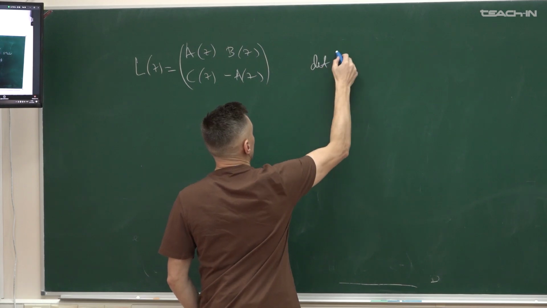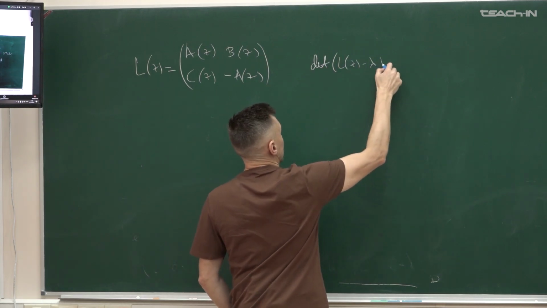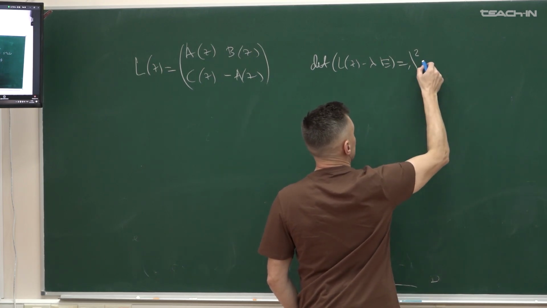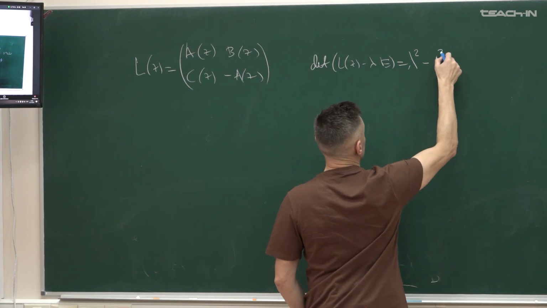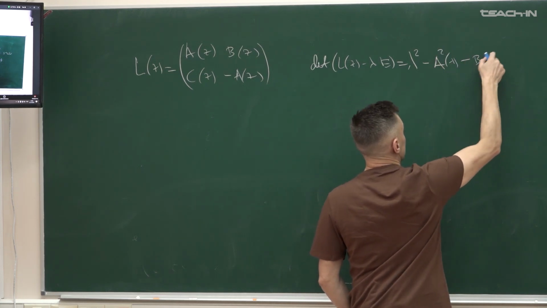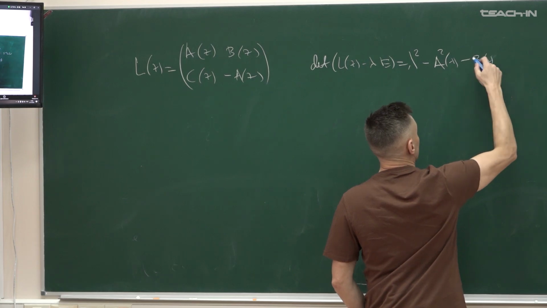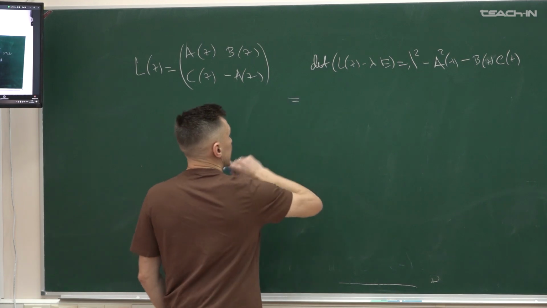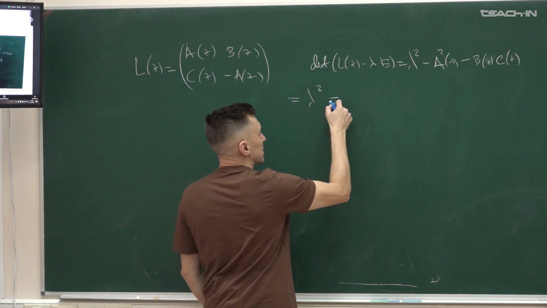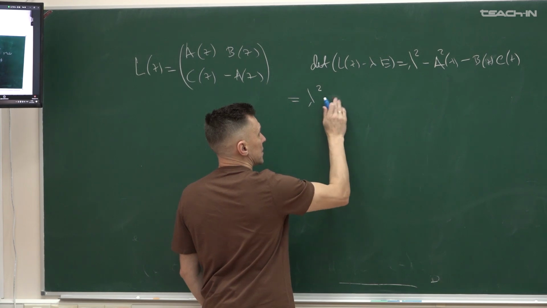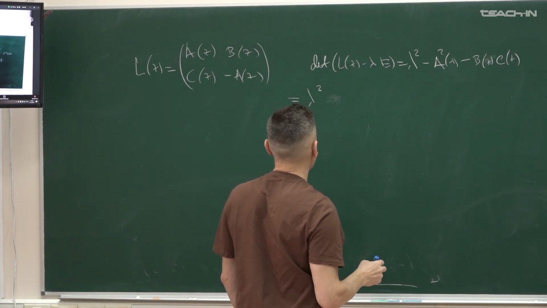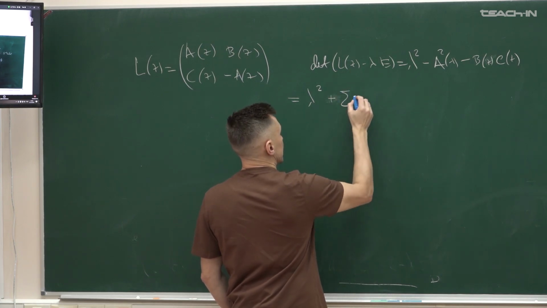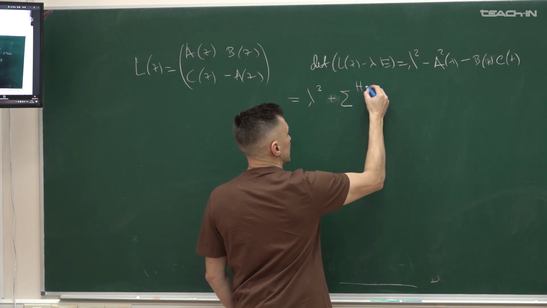And the characteristic polynomial is lambda squared minus a squared of z minus b of z c of z, and this is the following, the sum of H0